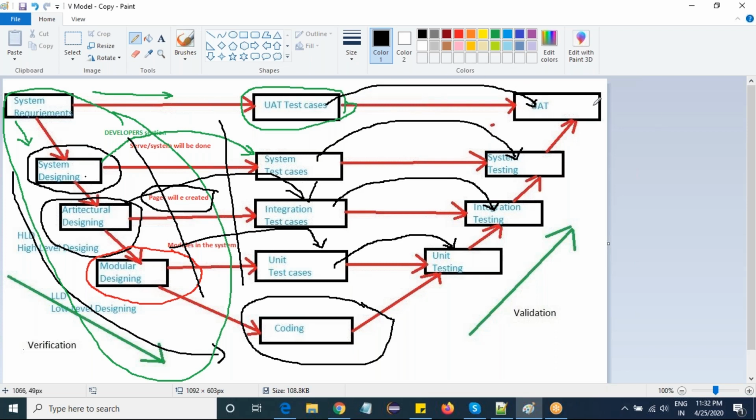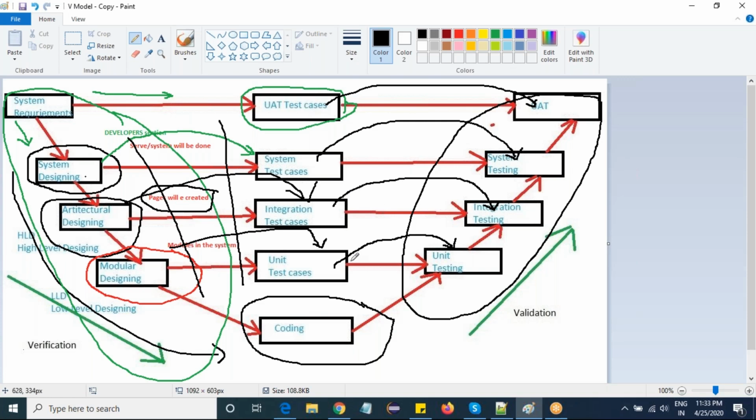So here there is no UAT testing. UAT stands for user acceptance testing. Please make a note: user acceptance testing. All these sections we will discuss again in later levels. No need to bother about unit testing, integration testing, system testing or UAT testing now, as everything will be included in further sections. As of now, take these notes: unit testing will be done by referring to unit test cases, integration testing by referring to integration test cases, system testing by referring to system test cases, UAT by referring to UAT test cases.